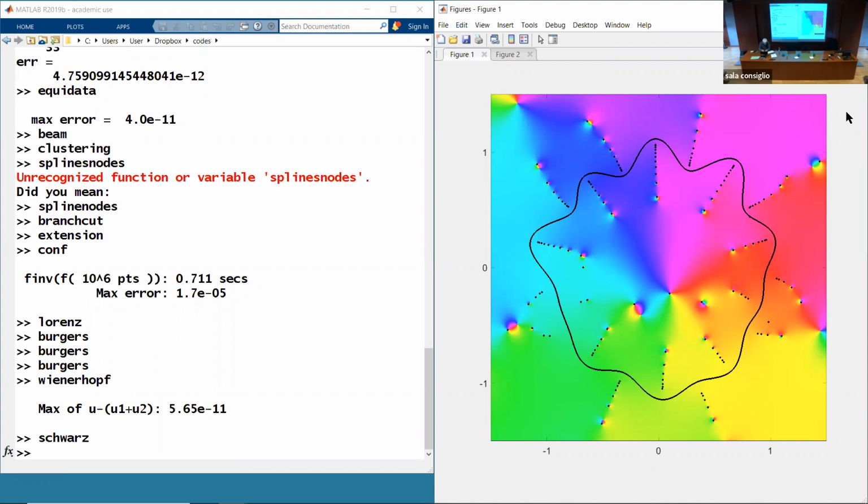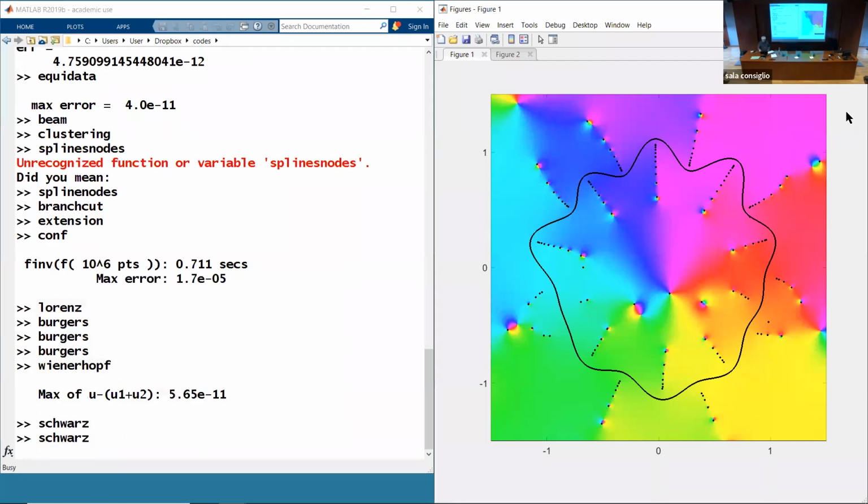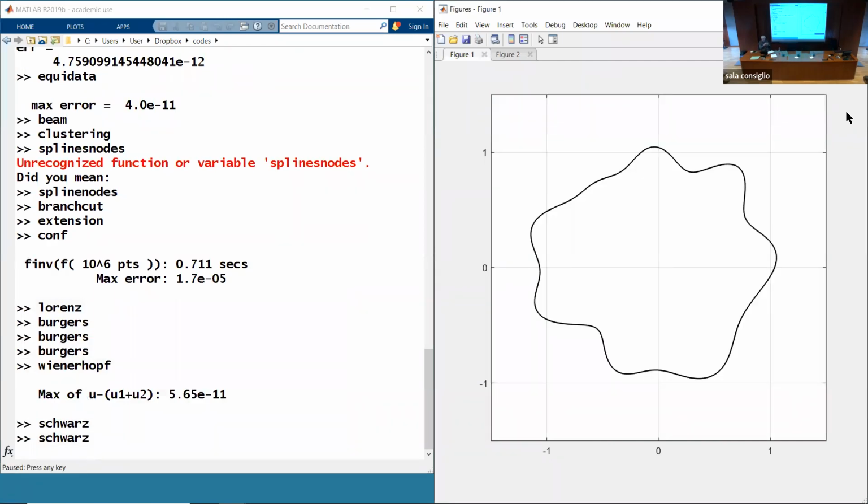Let me show another example. Schwartz stands for the so-called Schwartz function. And the Schwartz function is defined by fitting the function that maps z to the conjugate of z. And I won't tell you why that's interesting, but that's what we're doing here. We're mapping along the boundary, we're mapping each point to its complex conjugate. That's an analytic function on the boundary. And then we're using AAA to extrapolate that in and out. And you can see that